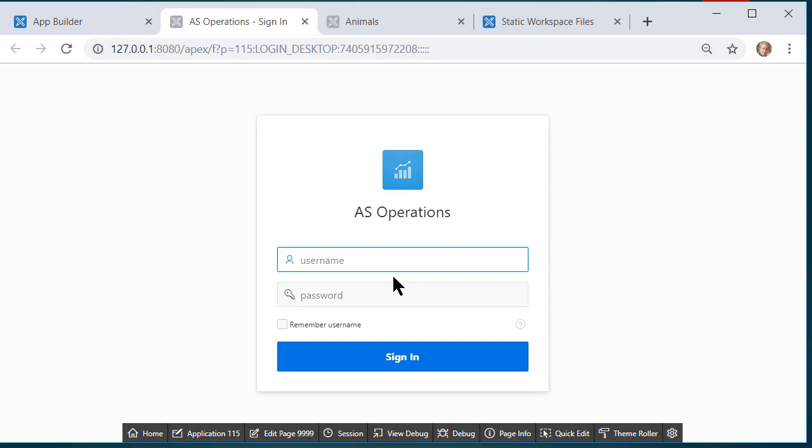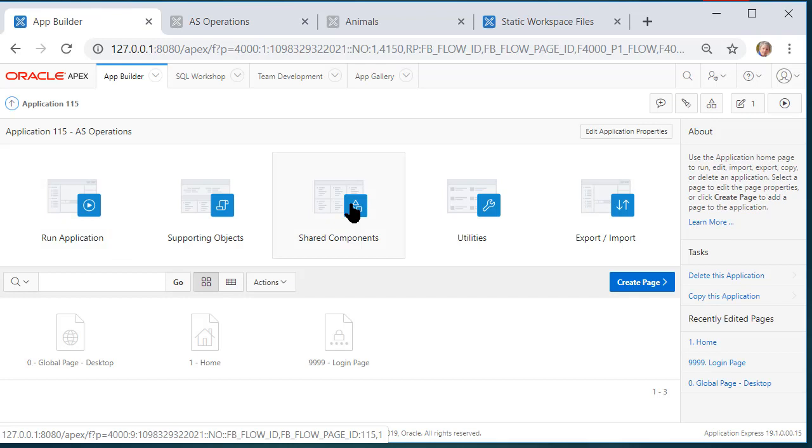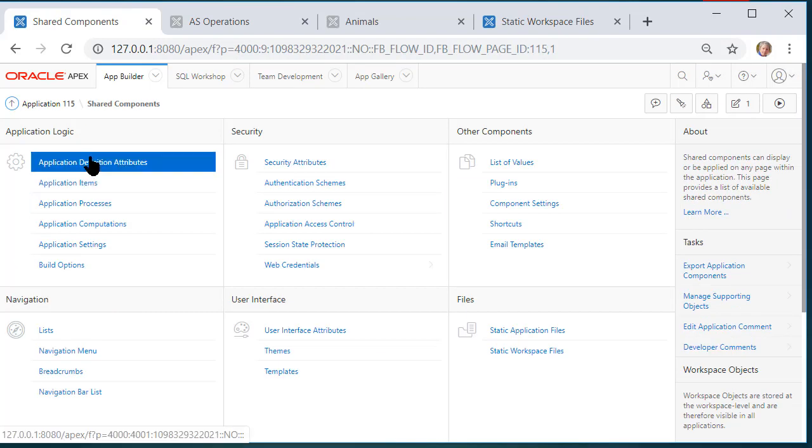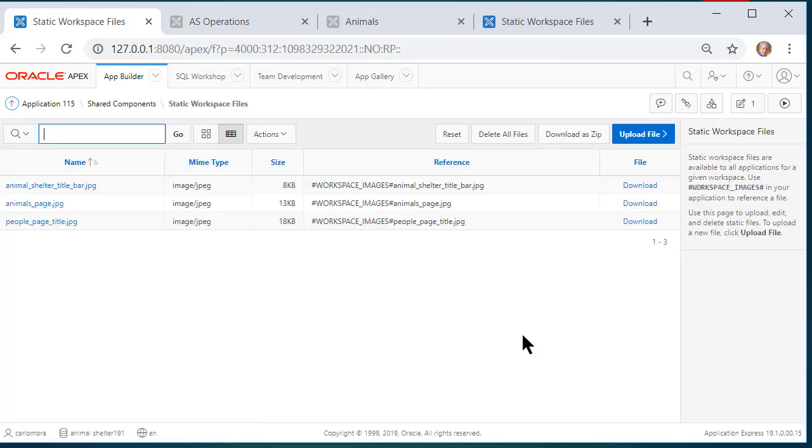So here's the new application. I need to log in. We did this in a previous video for the first application, but I want to edit the application. I'll come into Shared Components, and I want to change Application Definition Attributes. Actually, before I do that, I should come over here and copy the location of the text. This would be Animal Shelter Title Bar, and I will copy that,